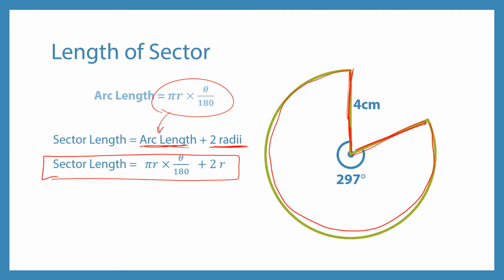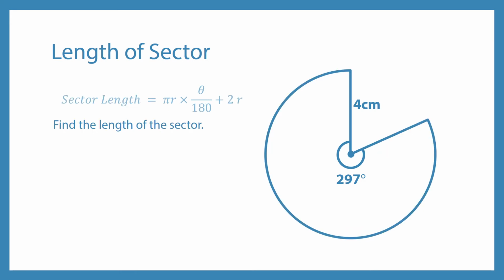Oh, that green thing is our arc. Sorry, our sector. So here we have our sector length formula, and we're just going to have to substitute our values in. So we have length equals pi times our radius, which is 4, times 297 degrees over 180 degrees, plus 2 times our radius, which is 4. We can clean this up a bit, and we'll get 4 pi